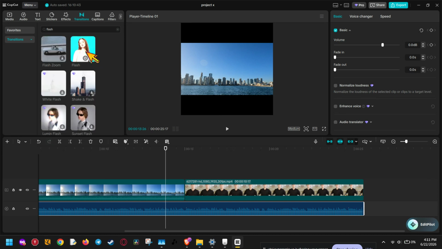One important thing to keep in mind is that some transitions may have a Pro tag on them. If you want to keep this completely free, avoid the ones marked Pro and choose the free version instead. CapCut usually has a similar effect available without the paid label, so just pick the one that matches the flash